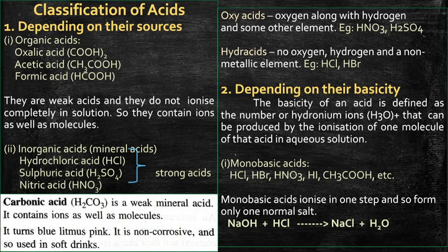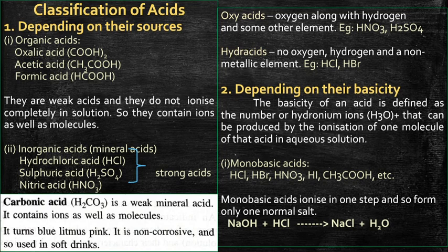Second one, depending on the basicity. The basicity of an acid is defined as the number of hydronium ions that can be produced by the ionization of one molecule of that acid in aqueous solution. So the basicity of an acid defines the number of hydronium ions that can be produced. How many hydronium ions are produced? Hydronium ion is the only positive ion present in acids, as we know well. How many it produces determines the basicity. So, based on this, we have categories like monobasic acid, dibasic acid,